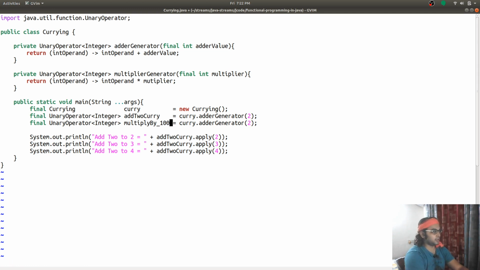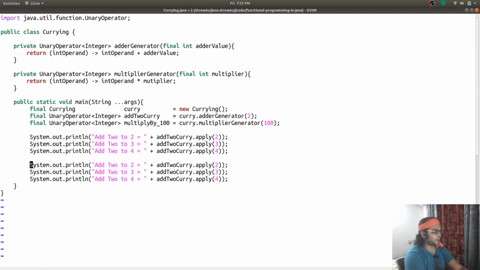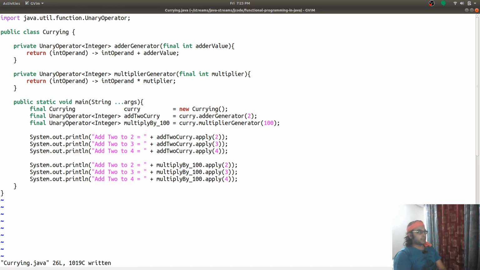So I will say multiplier generator 100, and multiply by 100, and now I should get values like 200, 300, and 400 for these numbers.